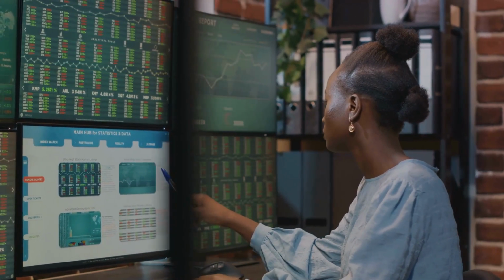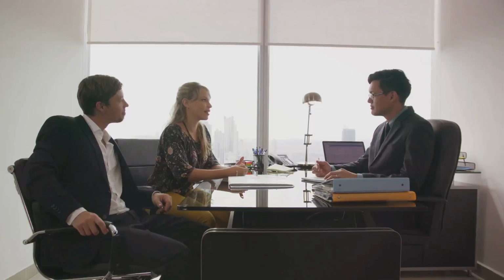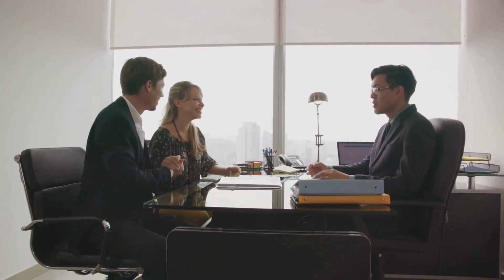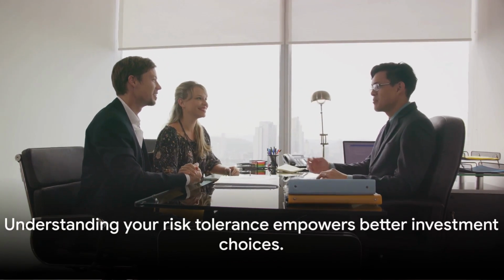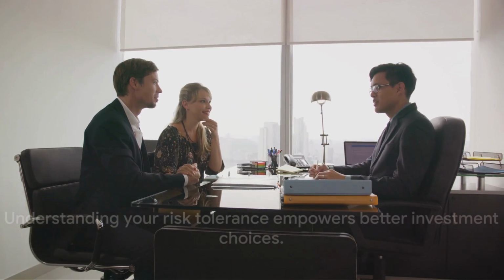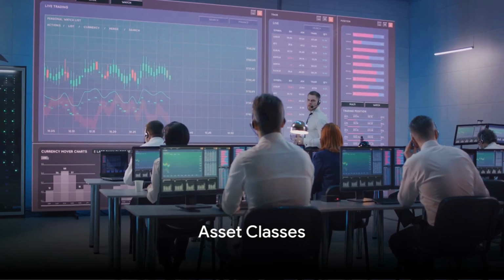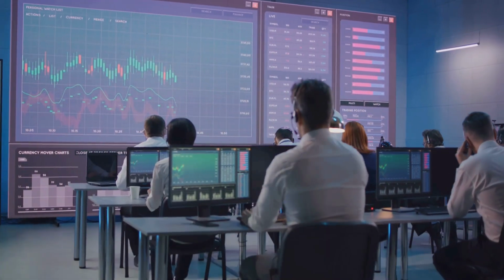Ask yourself how much risk you're comfortable taking on. And remember, every investment decision involves a degree of risk. The goal is to manage that risk, not eliminate it. As an investor, understanding your risk tolerance is key to making informed investment decisions. Now let's talk about the main asset classes: stocks, bonds, and cash